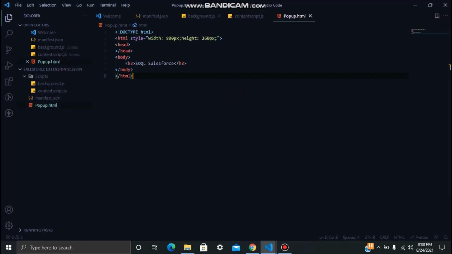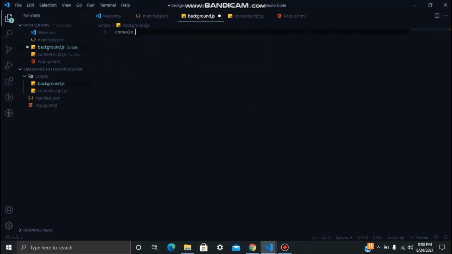In background JS, I'll just write a console log: I am in background script. Okay, and the same way we'll copy all this code and paste it in the content script also, and we'll see whether the code is running properly or not in our Chrome extension.